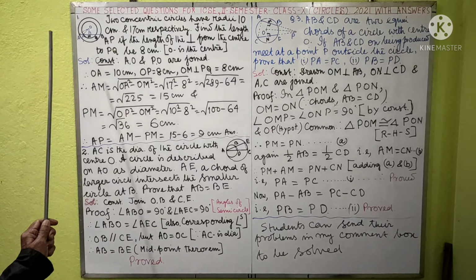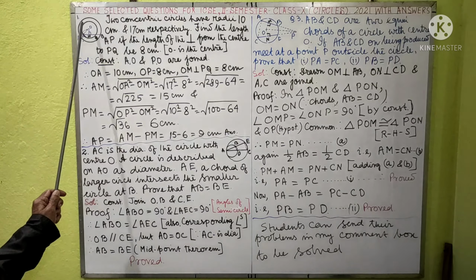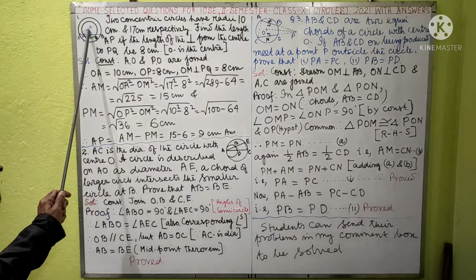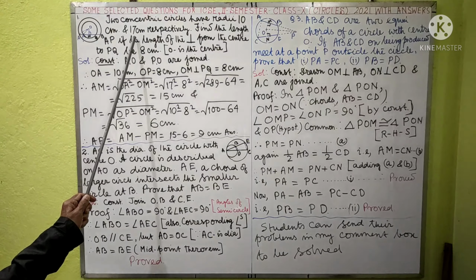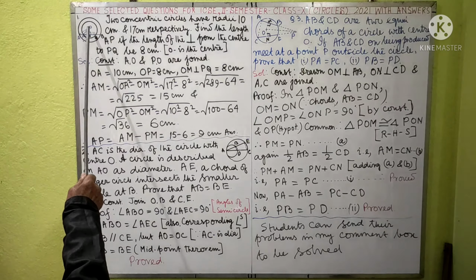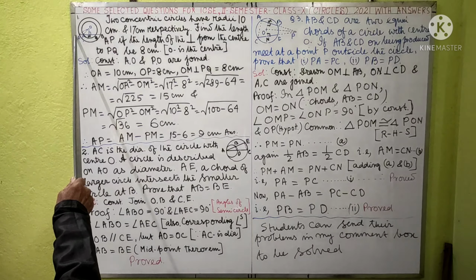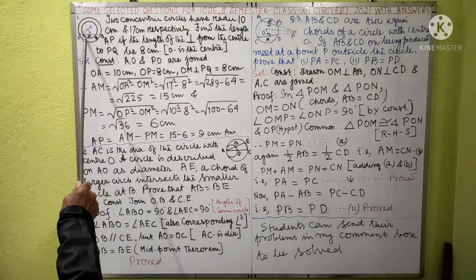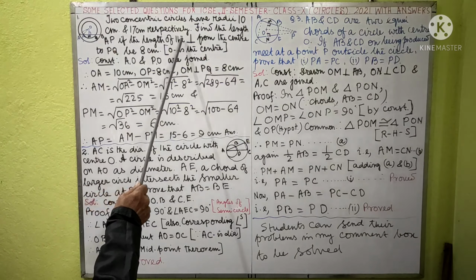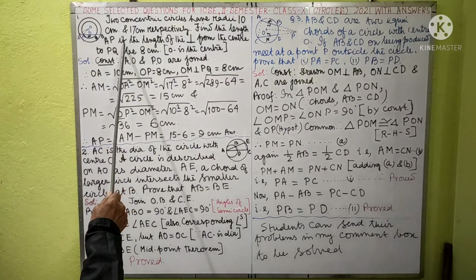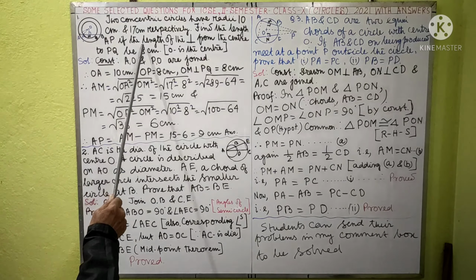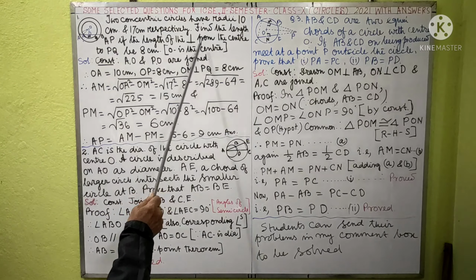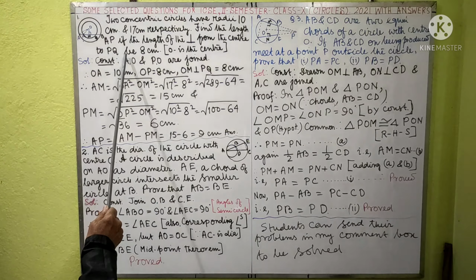The first problem, two concentric circles. This is one and that is one. Their center is same. So their concentric circles have radii 10 centimeter and 17 centimeter. This OA equal to 17 centimeter and OP equal to 10 centimeter. Find the length of AP, this AP, if the length of the perpendicular from the center to PQ be 8